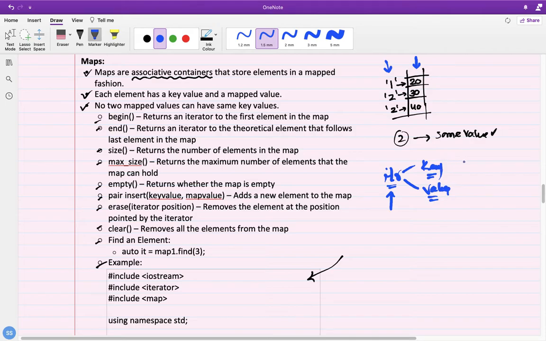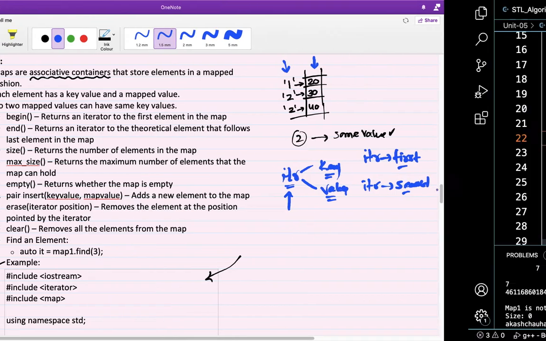If you call the iterator name itr and then call first, it will return you the key. And if you call itr and then call second, these are predefined words, it will return you the value. First returns the key and second returns the value.